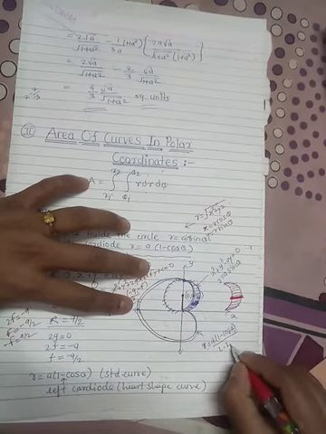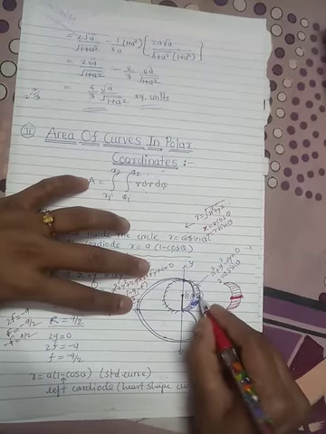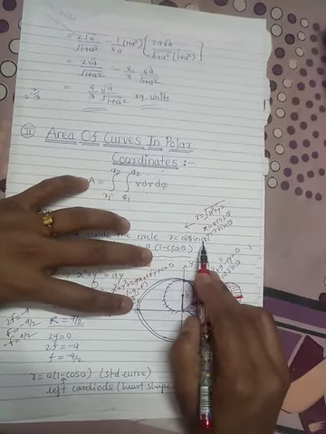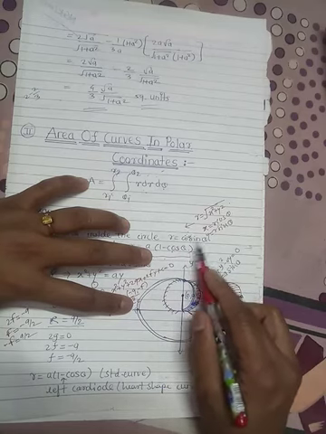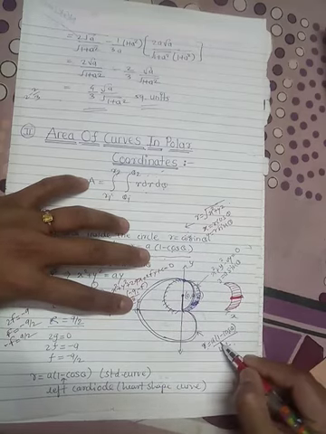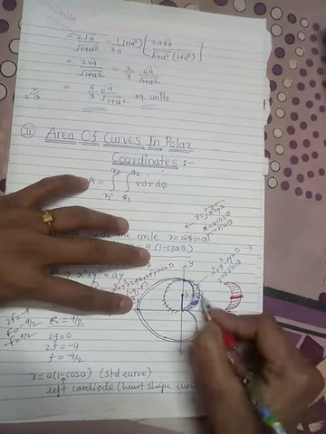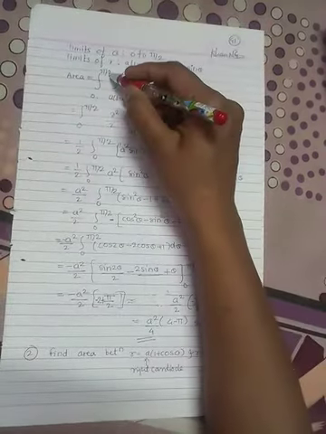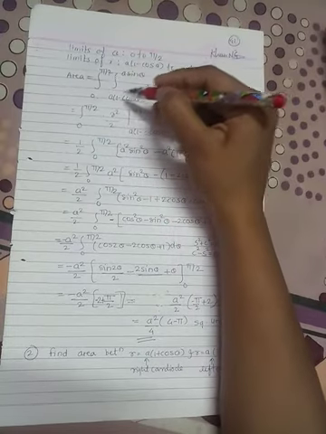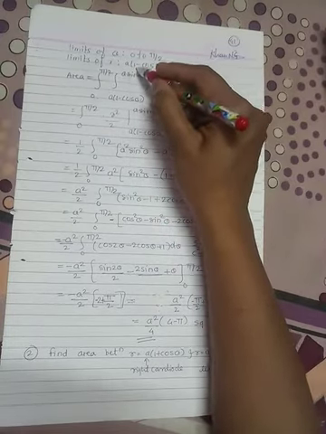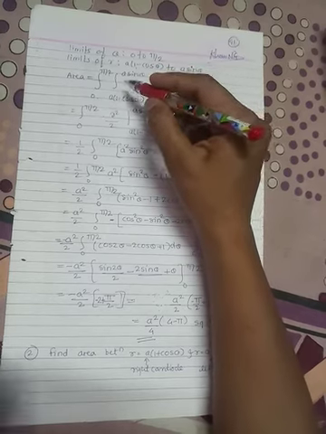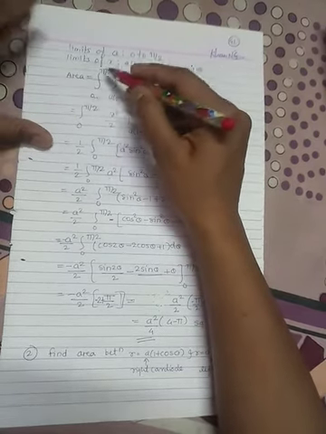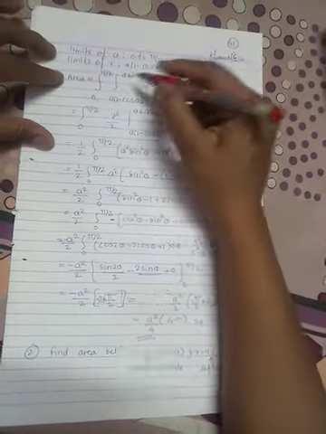This is your lower limit, and the upper limit is on the circle. The circle equation is r equal to a sin theta. So directly we get the r value a sin theta. So the lower limit of r is a into 1 minus cos theta, and the upper limit of r is a sin theta. So 0 to pi by 2 for theta limits, and a into 1 minus cos theta to a sin theta are the r values. The constant limits 0 to pi by 2 are for the outer integration, and the rest for the inner integration, and solve.